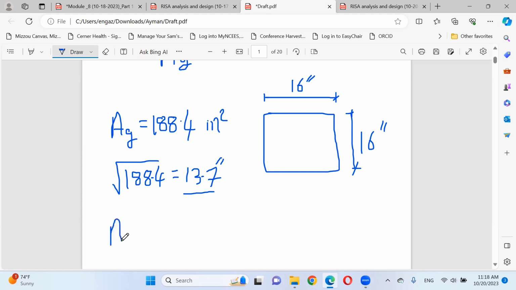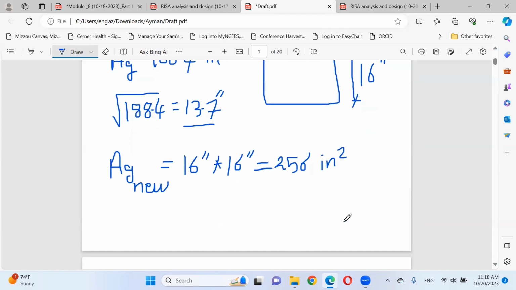Because you adjusted your dimension, we will have a new area gross, which is 16 inch by 16 inch. So the new area gross will be 16 by 16, which is 256 inch square. Remember, you assumed from the beginning that your area steel equals 2% of area gross.